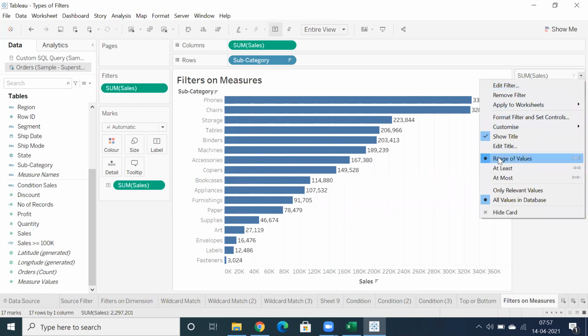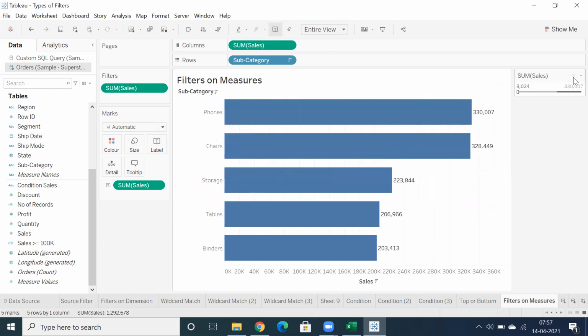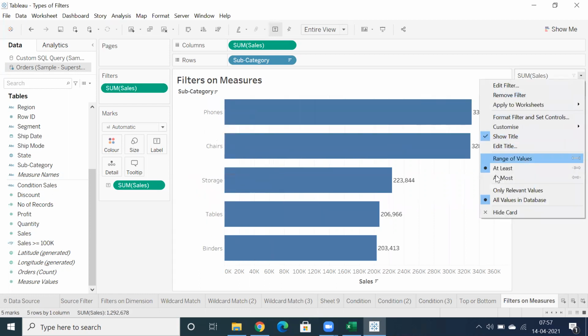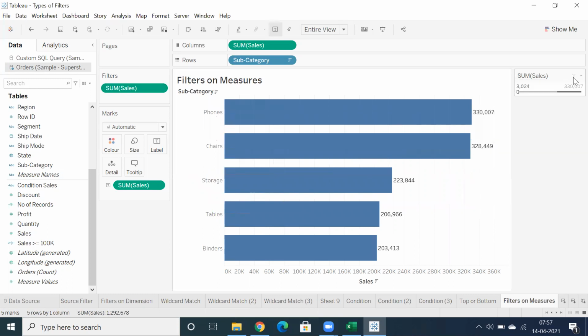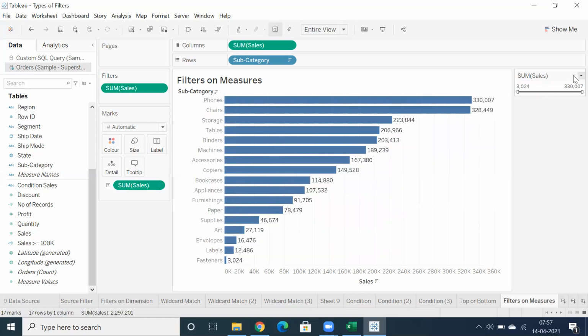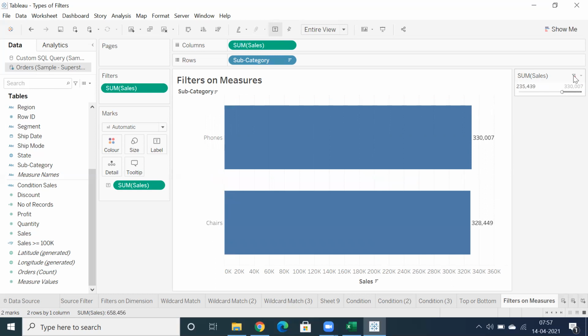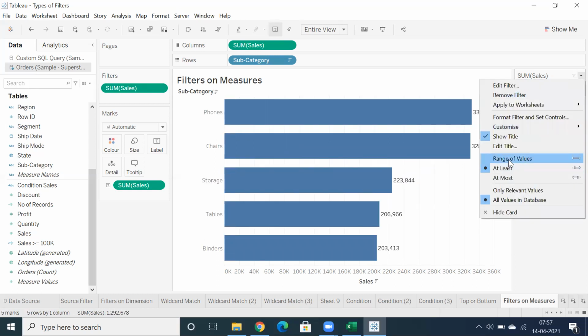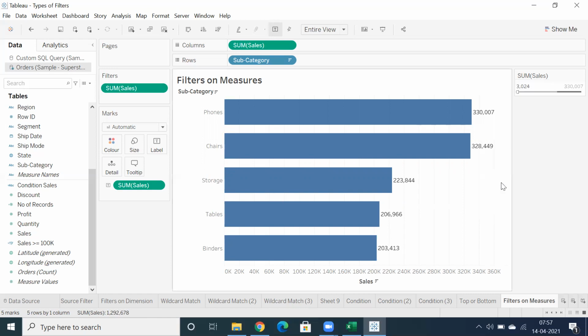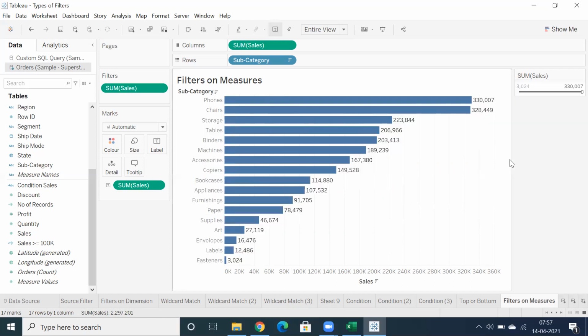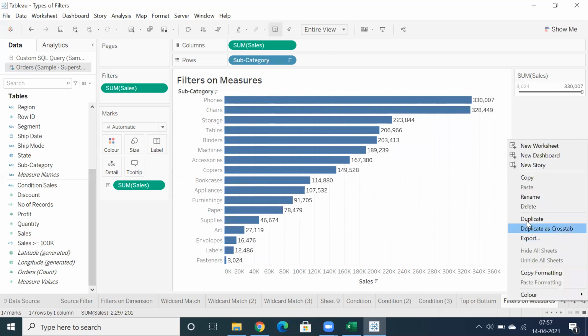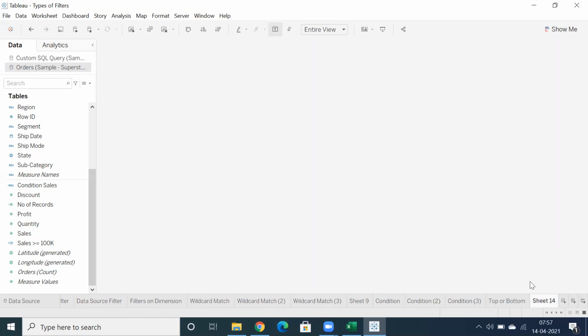And let's go back to click on drop down. You can see at least. So even for at least, you can see that's the issue we are facing here. So let's go for range of values. At least, you can see I'm facing some issue. At least you can select minimum value and maximum value. At most is also working fine. Okay, so let me recreate one more. So it's not working for at least, I think.